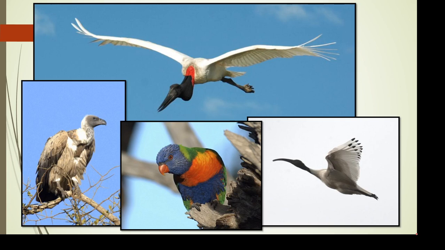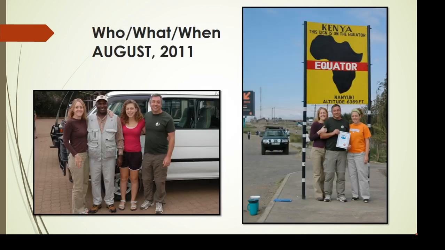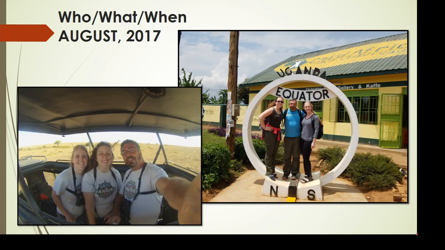Hey, I should have mentioned earlier that all of these photos are mine, and now while we're looking at these four birds right here, I'd at least like to give myself credit for that. We're looking at Brazil, a couple Australian ones, and then Kenya in this montage. And speaking of Kenya, let's head to East Africa first. So those are the countries that are part of what are considered East Africa. And we've been to East Africa twice. So let me just give you the who, what, when. In August of 2011, the three of us traveled to Kenya and Tanzania. And in 2017, we went to Rwanda, Uganda, and Kenya.